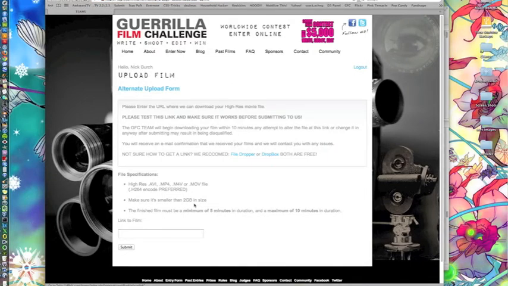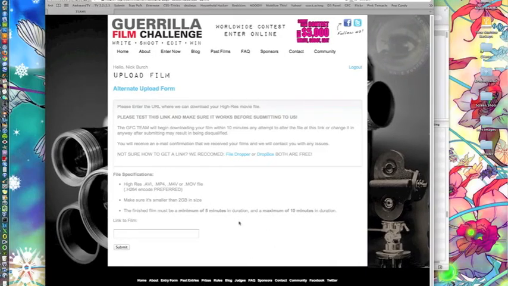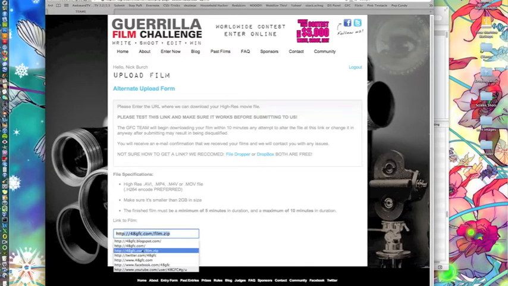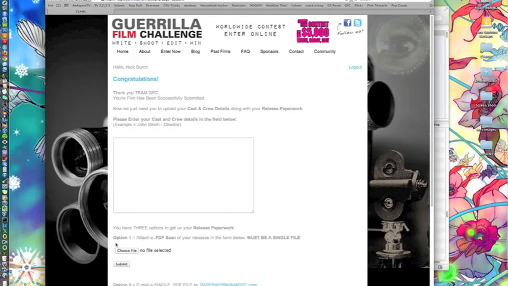Essentially, we allow you to send us a link to download a file. Again, the same time requirements and everything are in play. We'd like to ensure that we have links here to FileDropper, Dropbox, whatever you want to do. I'm going to say that my file lives at 48gfc.com/zip. I click submit, and we're good to go. Okay, at that point I am in. My film is considered submitted.